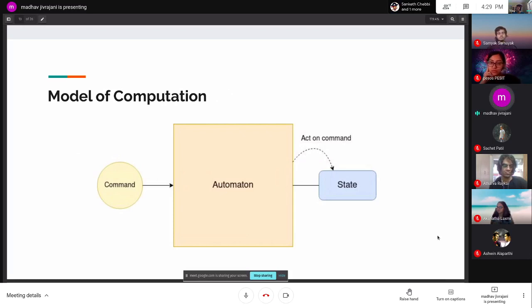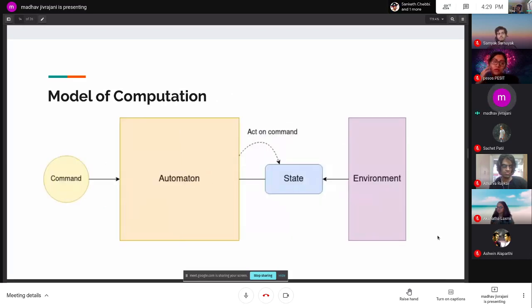So yeah, so far that's what we've built up to. Next, another thing that can happen is you have the environment acting on the state as well. So something in the environment might change, which might lead the state of a system also to change. And these are two separate types of actions. So one is called an intended state change, which is basically your command, so you are giving a command to the system saying that please change this state. So it's an intended thing that you're doing. It's not that this change is uncalled for, or it's not recognized yet.